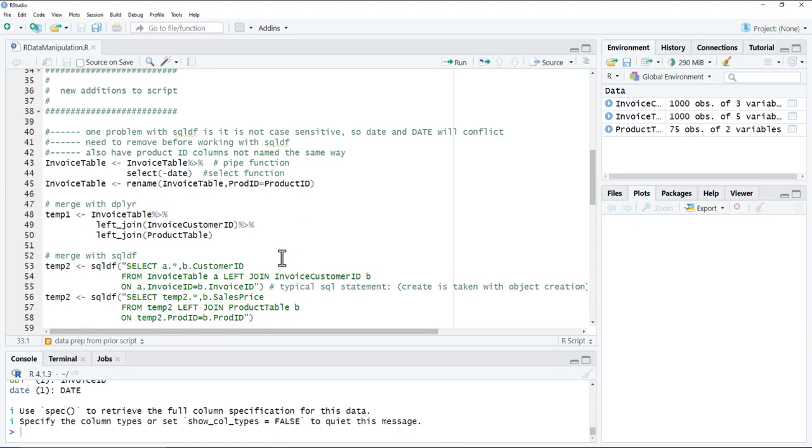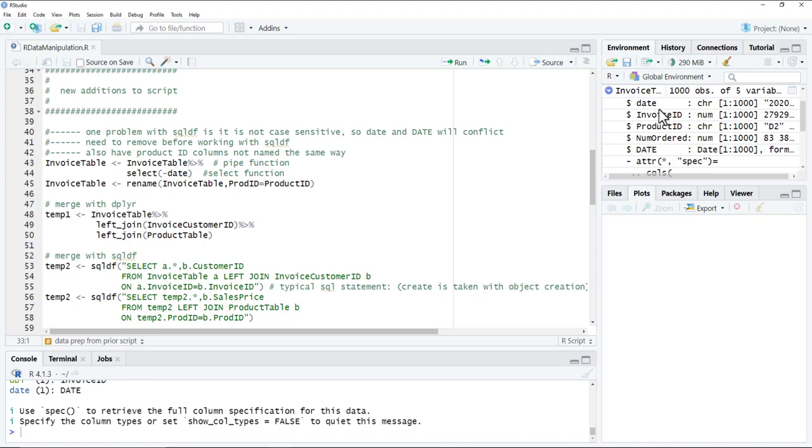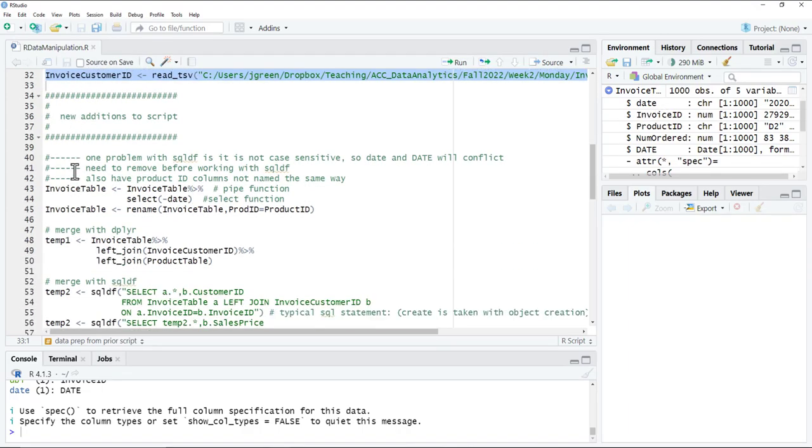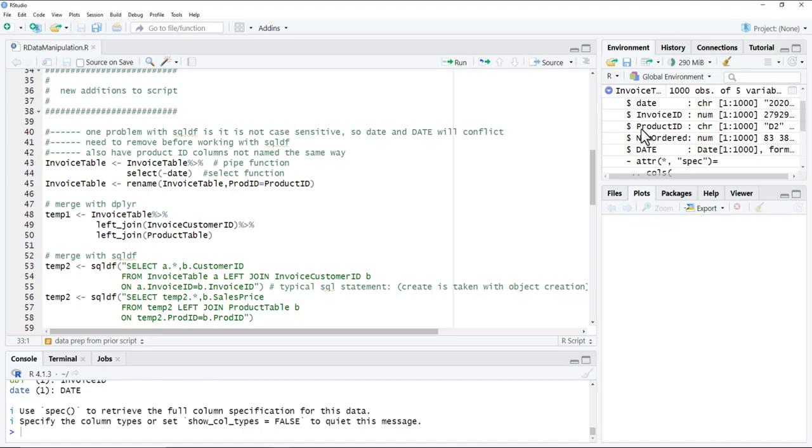So now we want to add some new things, and there were a couple of things that we didn't clean up in the last videos. The first one is we have two dates in the invoice table. If we look here, we have lowercase date and uppercase date. In R, dplyr works with the R framework, and so it recognizes those columns as two different columns. SQL, when we read in SQLDF using that function, is not case sensitive, so it will think those two are the same columns. So we're going to remove the lowercase date column from the invoice table,